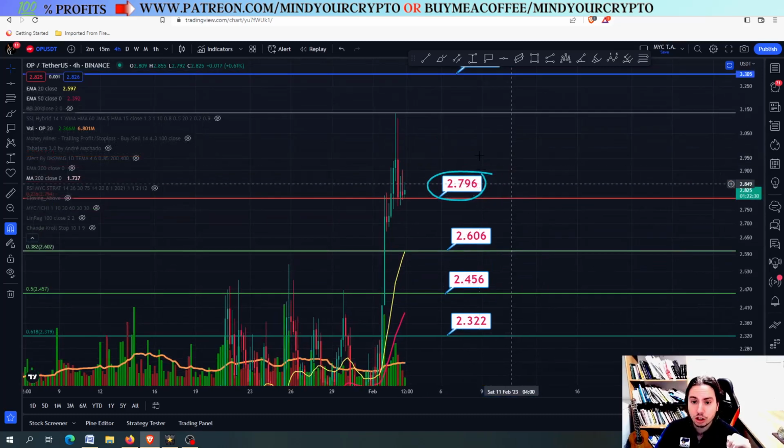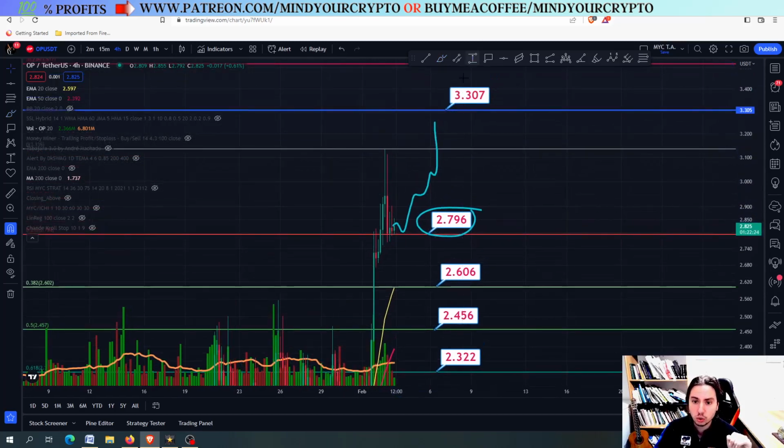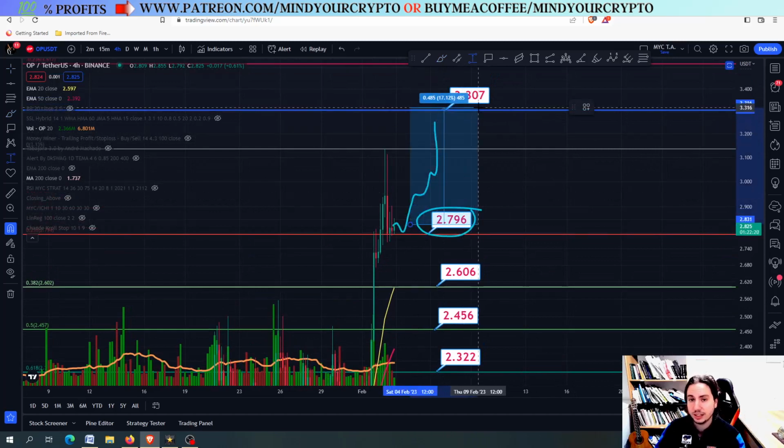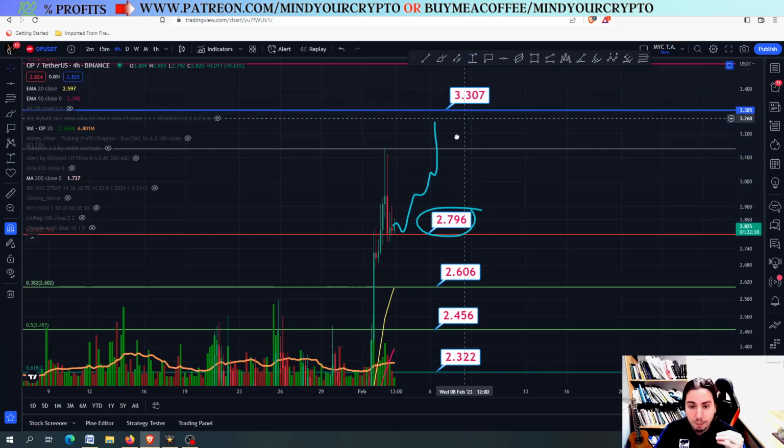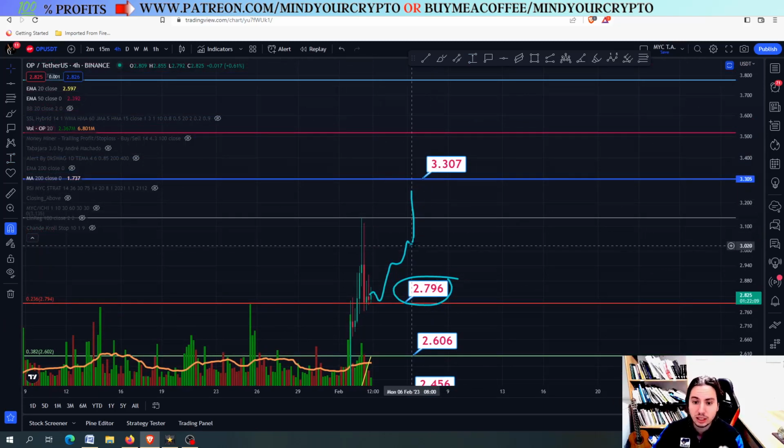Remaining above, going sideways, and if you see buying pressure right here, there is a very huge chance we are going to go to the 3.30. From where we are right now, this is a plus 17%. Very nice stuff going on. We might be getting even higher, but for now, I am keeping a little bit of a low profile because of Bitcoin. If it wasn't for Bitcoin, I would tell you that OP would explode again and again.